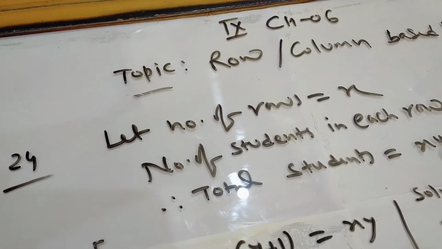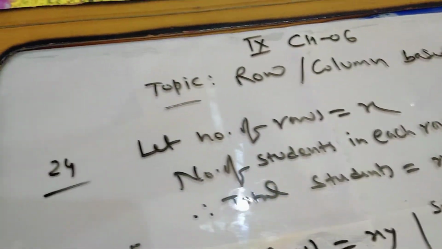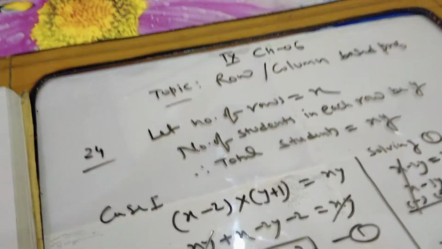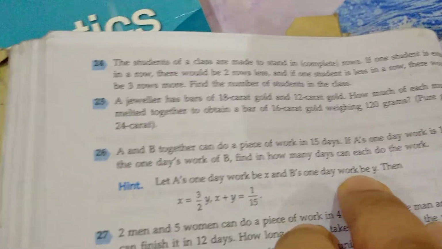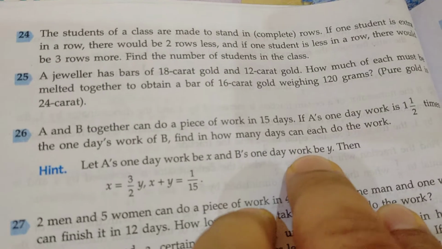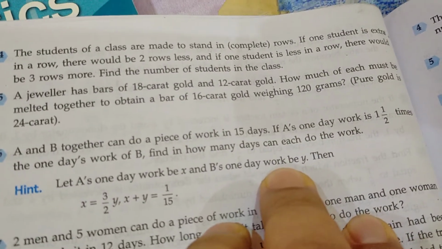Today our topic is row and column based problems. So we have to take question number 24 for this part. If you see question number 24, it is written, the students of a class are made